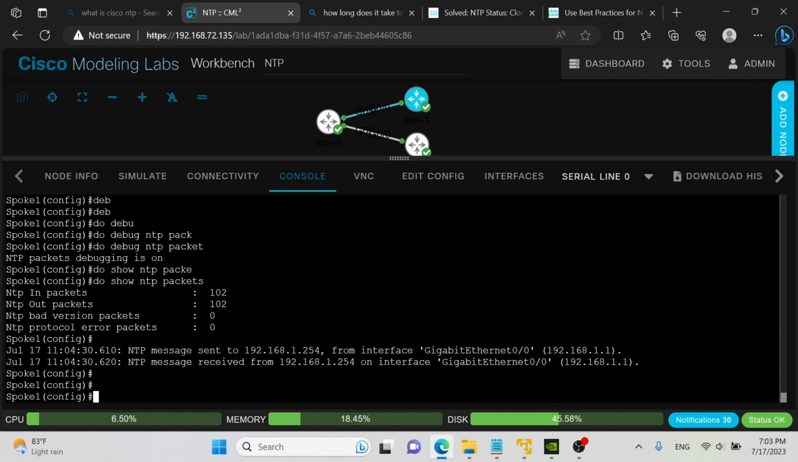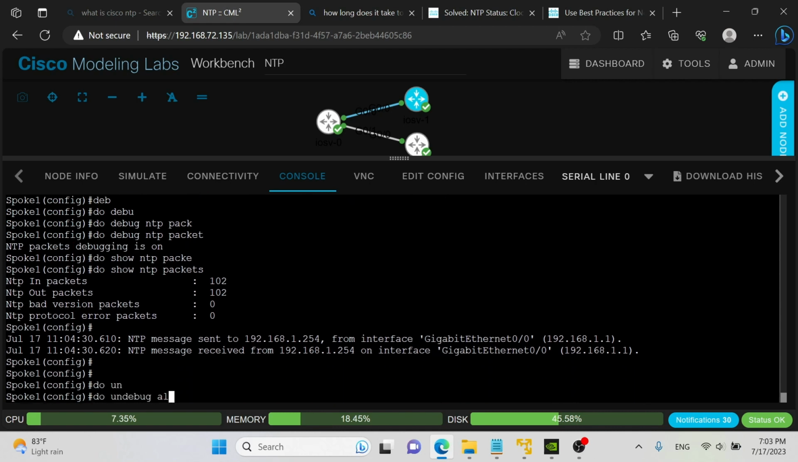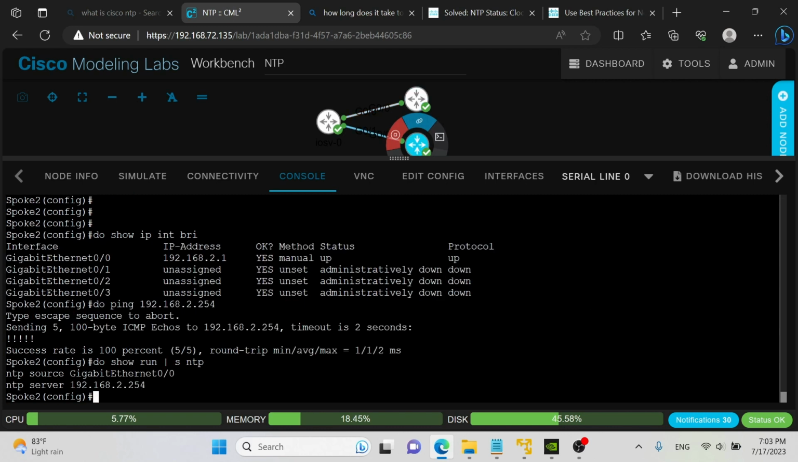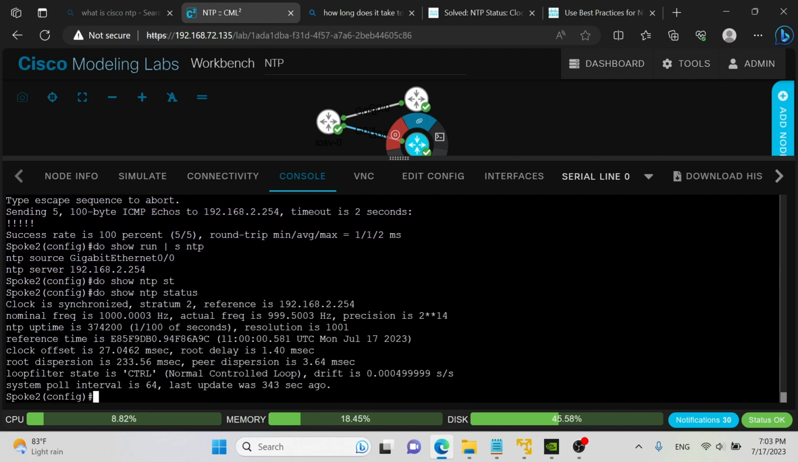So let's turn that debug off. Do undebug all. All right. So that is the bare bones NTP config, and let me show you on the spoke to router as well. Do show NTP status. Again, synchronized, stratum value of 2, because we're the next hop from the hub router, which is a stratum value of 1, and our reference is that physical interface to the hub router